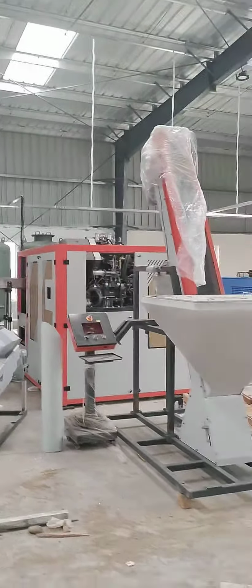This is the PET blow molding machines, fully automatic, 5,400